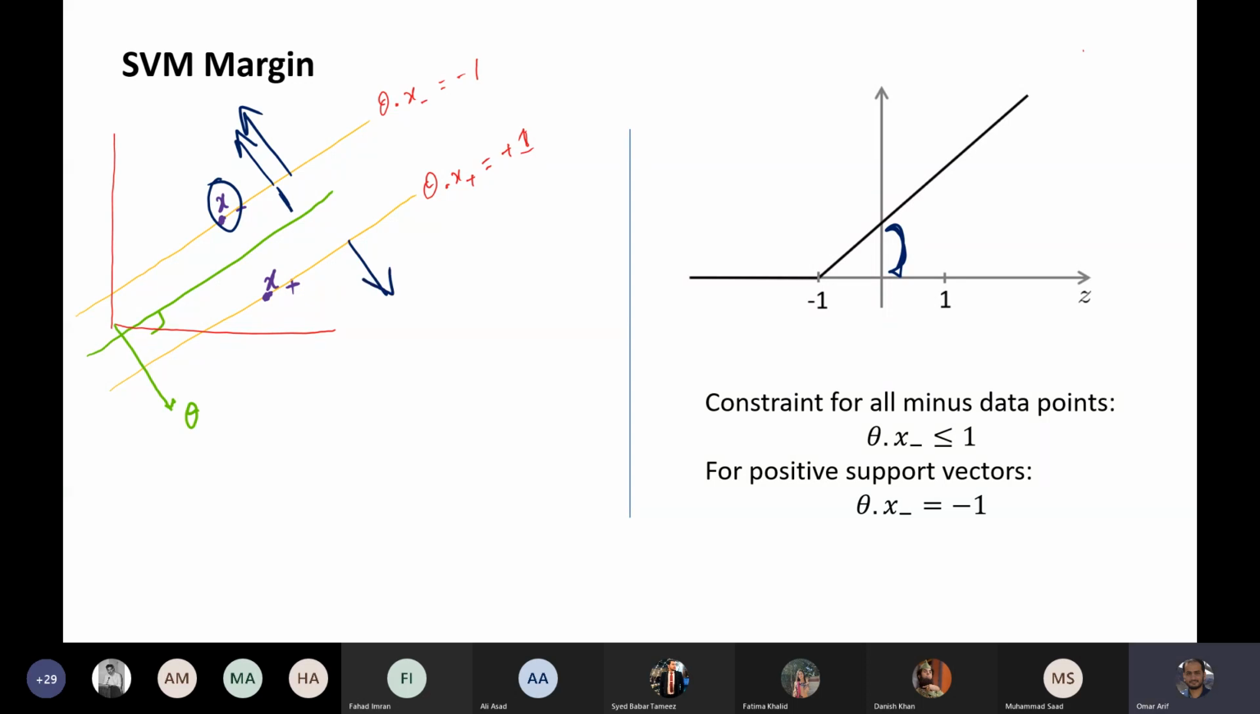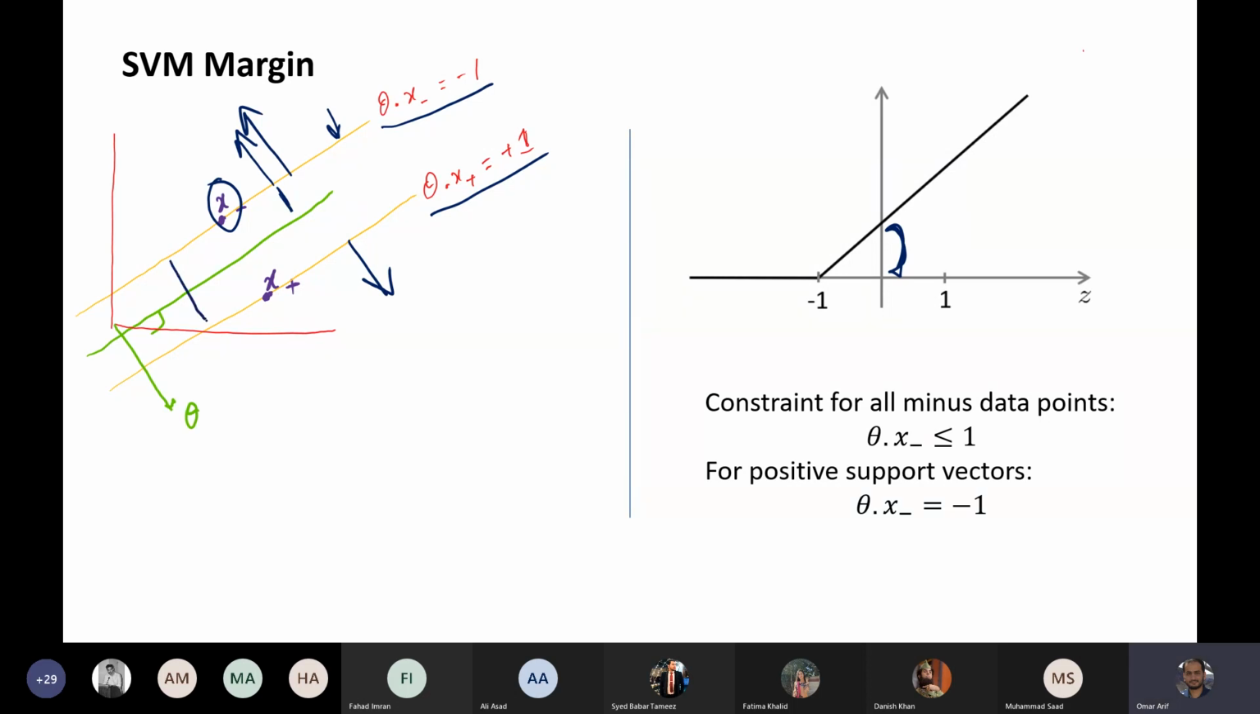ठीक है, exactly अगर जो point होगा इन yellow lines पे उनको हम कहेंगे support vectors, और उन पे अगर वो negative plane पे हैं, the value of theta dot x will be -1, और अगर वो positive plane पे हैं तो theta dot x would be +1. Okay, now what I want is कि